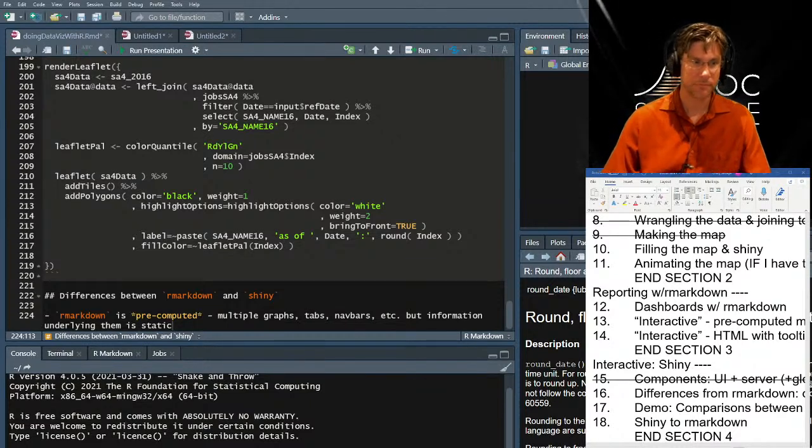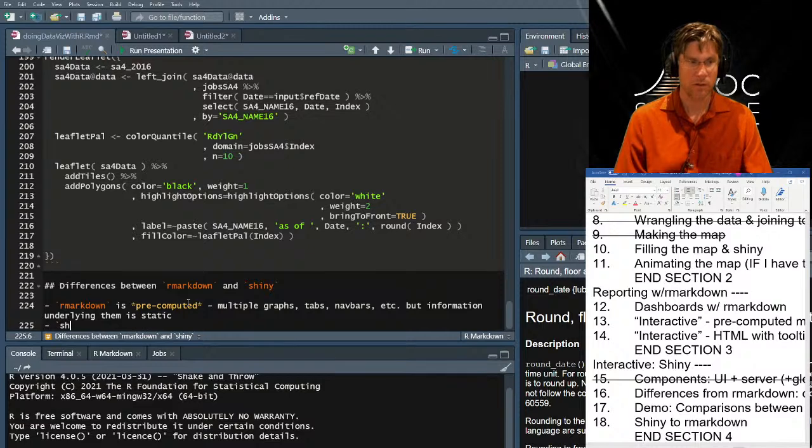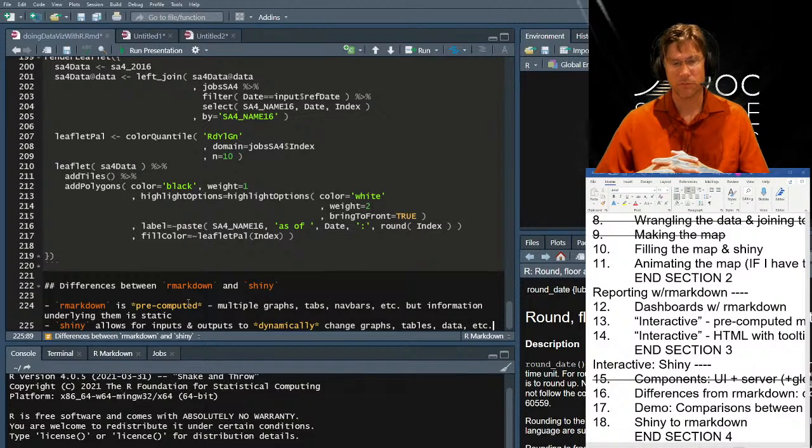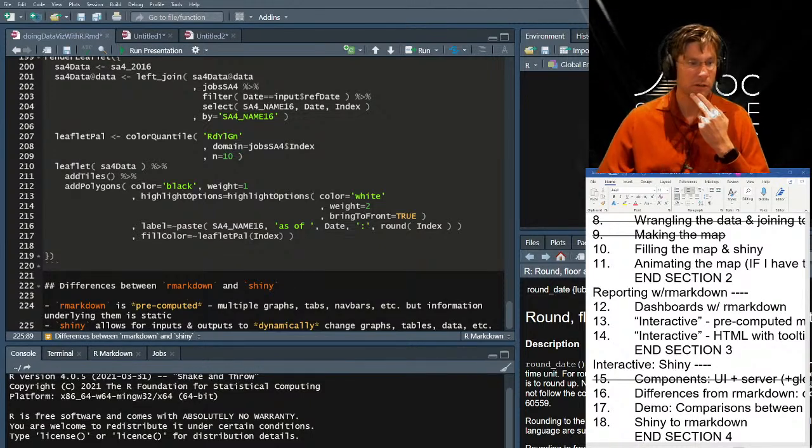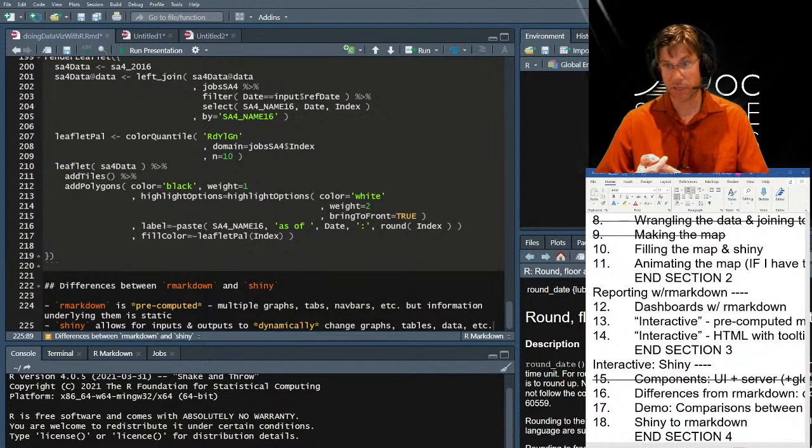Whereas with Shiny, it allows for inputs and outputs to dynamically change graphs and data, graphs, tables, data, etc. So this, I think, is the big reason why I use Shiny, is that it does allow for dynamic updates of data. So if, when I go back and do the first part of this, the idea of having a